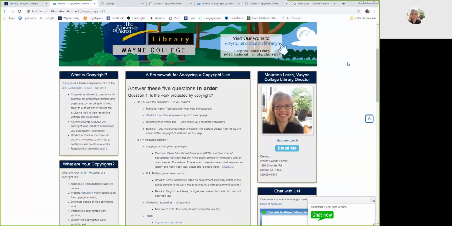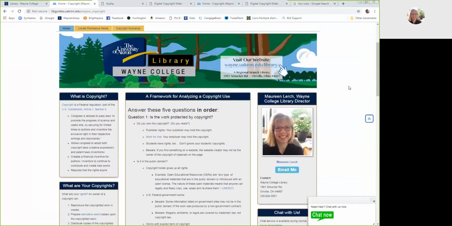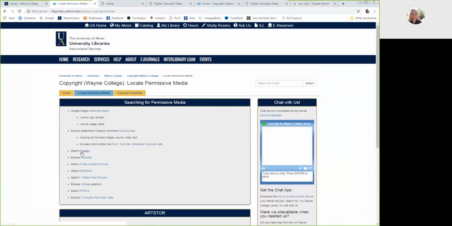Okay, so I'm going to remind you guys in the last few minutes that you could always come back to this LibGuide, okay, and I'll keep it updated, so if there's any new information, because you know laws are changing all the time, it will be posted here, and I encourage you to explore, for example, the permissive media tab here that lists websites like Pixabay that I mentioned earlier, where you can find resources, things that you can use with a clear conscience because you know that people have given you permission to do that.